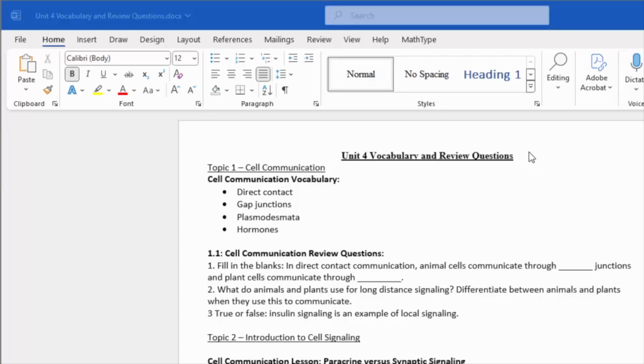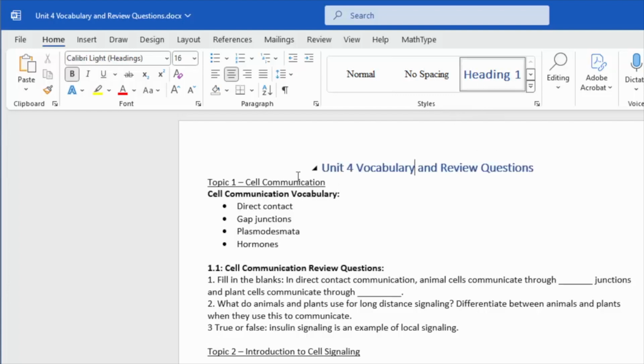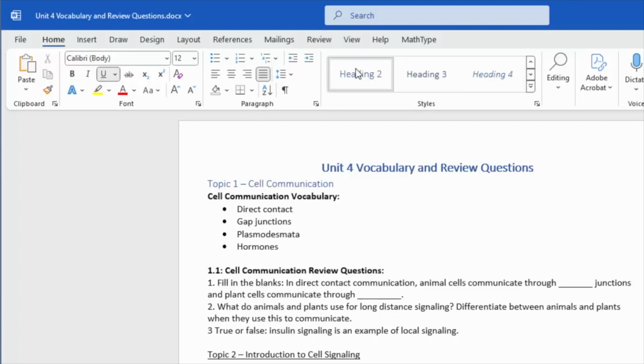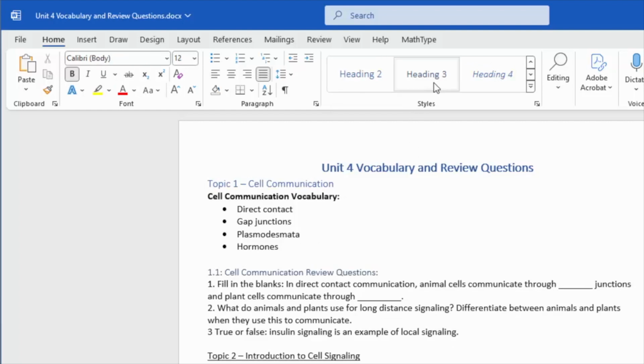A document must have headings to be accessible and navigable. Use the Styles group in the Home ribbon to create as many levels of headings as your document needs. This document title will be a heading 1. The first subsection will be a heading 2. And the subsection under the heading 2 will be a heading 3.